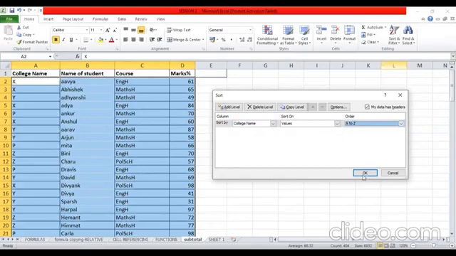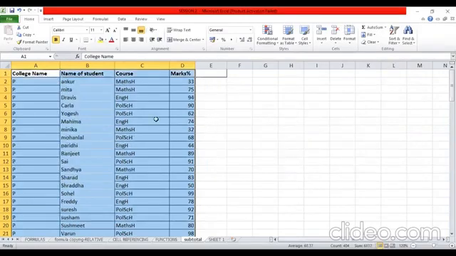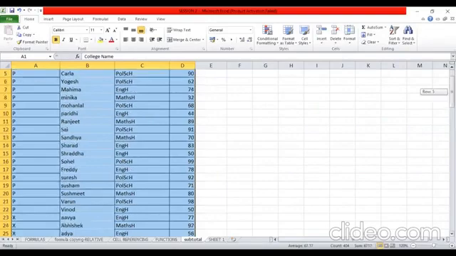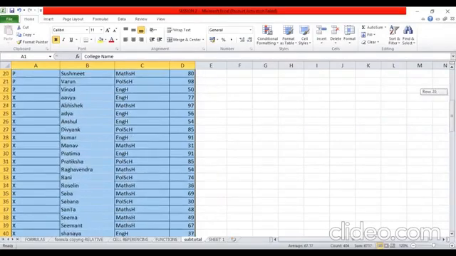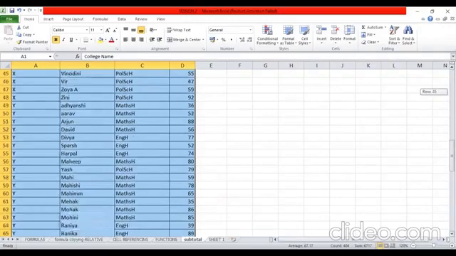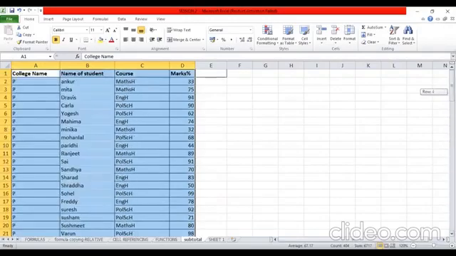I will click on OK. As soon as I click on OK, my entire data set has rearranged itself, and now it's sorted college wise. You can see that first I have the entire data for college P, then X, then Y, then Z. Once I have sorted my data, now I start inserting the subtotals.